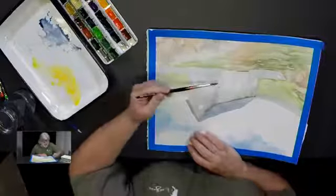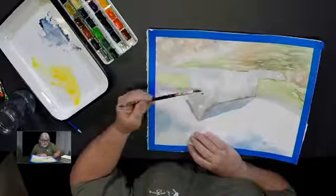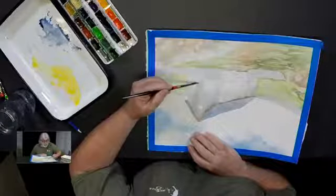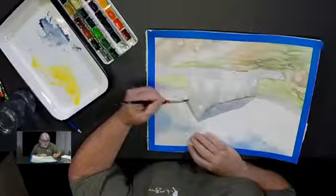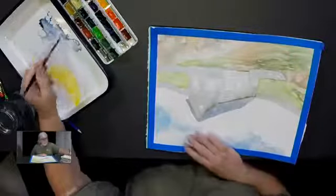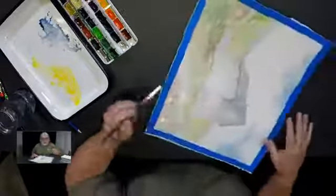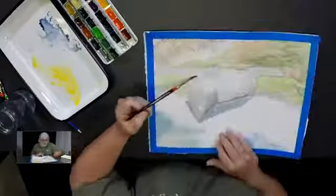And I'm actually not sopping it wet. I'm just kind of adding the water, and then I'm going to add more water to my paint so that I can have it not quite very even. There we go. So it's not going to go on very even because I want everything to be just slightly...